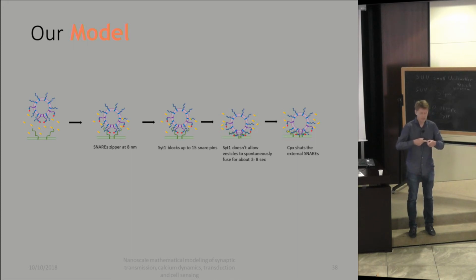Okay, so complexin can bind. Complexin can do trans interactions between two SNARE complexes. So it's possible that it's what it does. It takes time to assemble all this, and the fusion from here is longer because it's further, and it's more complex because this is a kind of rigid washer. So you have to rotate the vesicle or something. I don't know how it works. So it gives time to create a dead-end machinery. It's not clamped anymore. It's dead-end, where some SNARE complexes start forming but are just blocked for good.